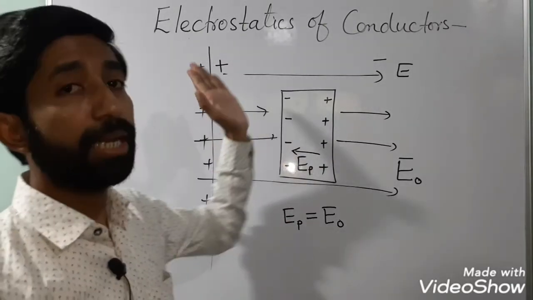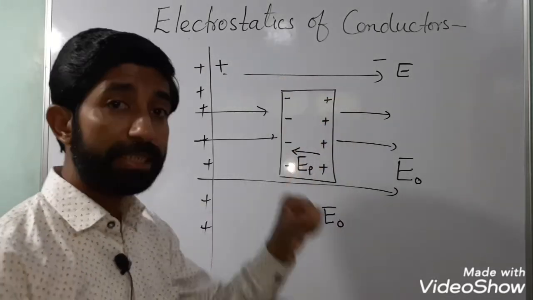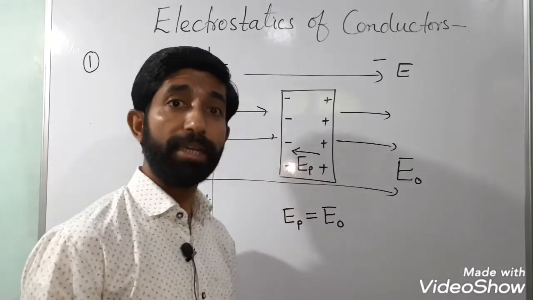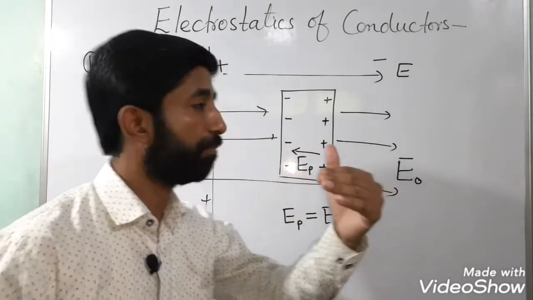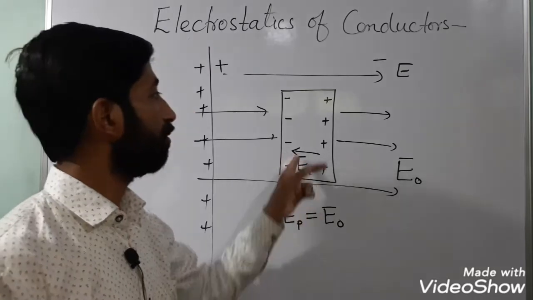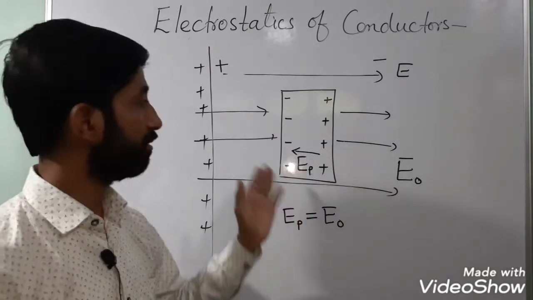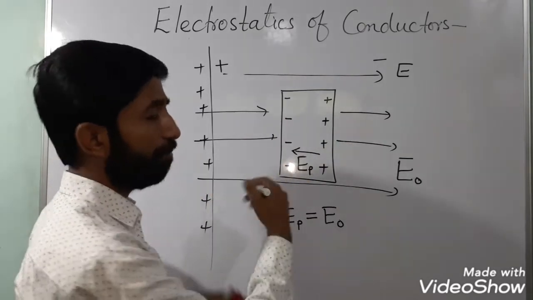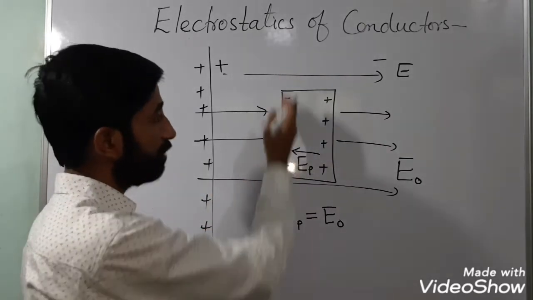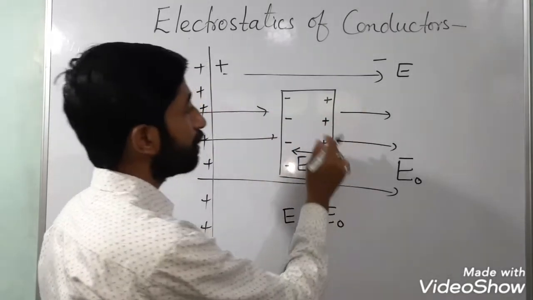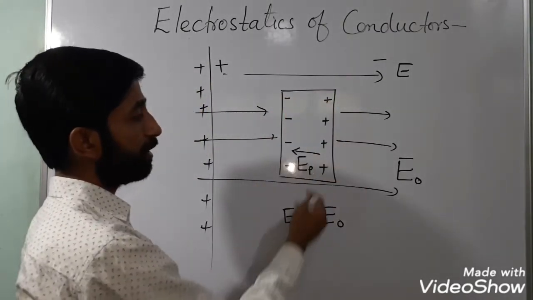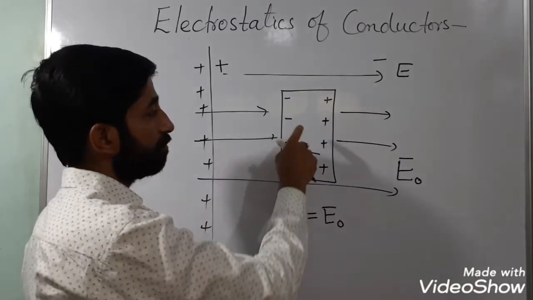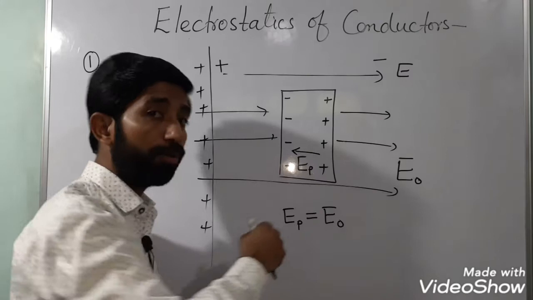Whatever the strength of the electric field, the conductor itself produces a field exactly equal to the external field by shifting the positive and negative charge. So when this happens, all negative charges or maximum number of negative charges have come this way and positive this way, so that the electric field produced inside the conductor of its own property